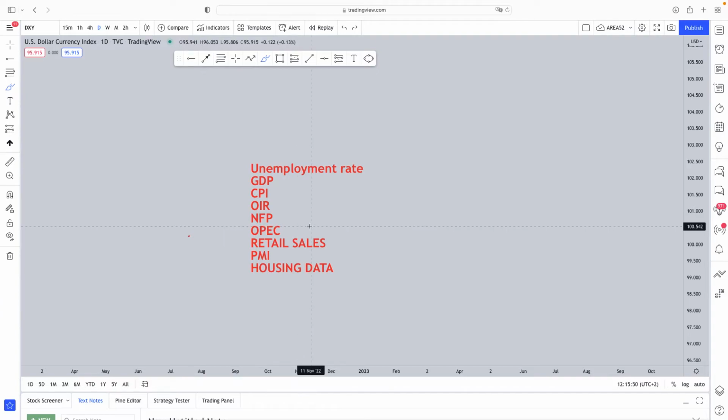But the last NFP we got was so big, and the US dollar just kept consolidating. Why? Because investors were going, whoa, whoa, whoa. Something's not right here. How are you going through all of this stuff and you're still creating jobs? And that's why they waited for the CPI data, just to get an indication of what Mr. Powell has got up his sleeve there once again.